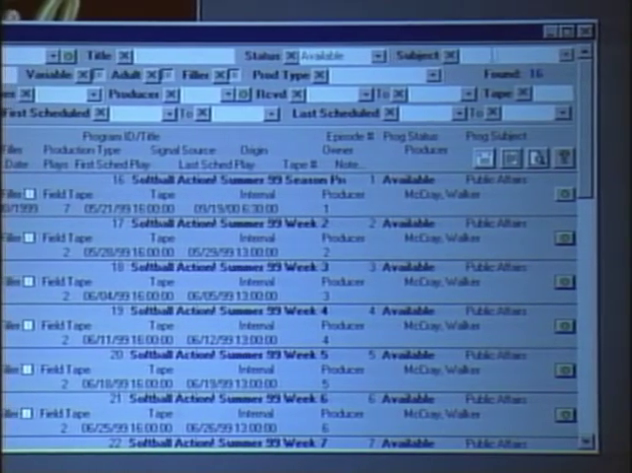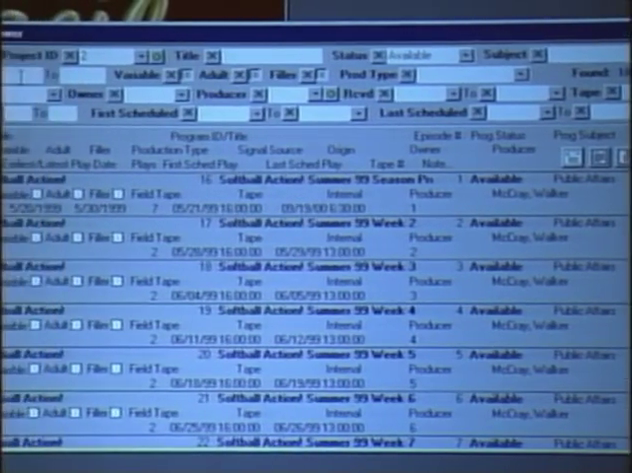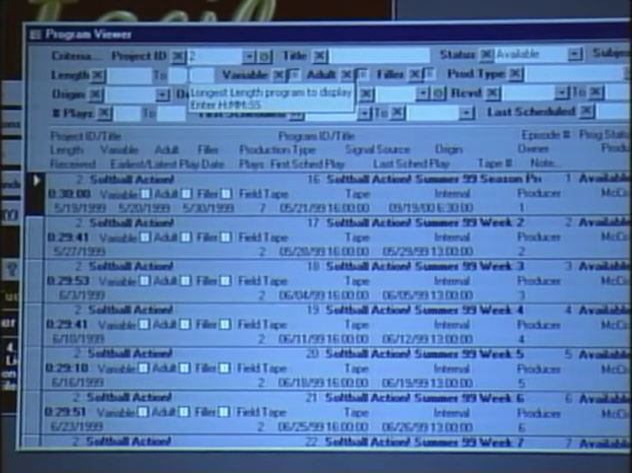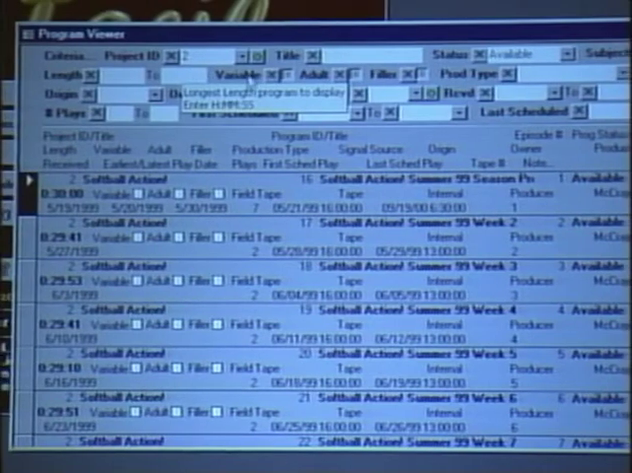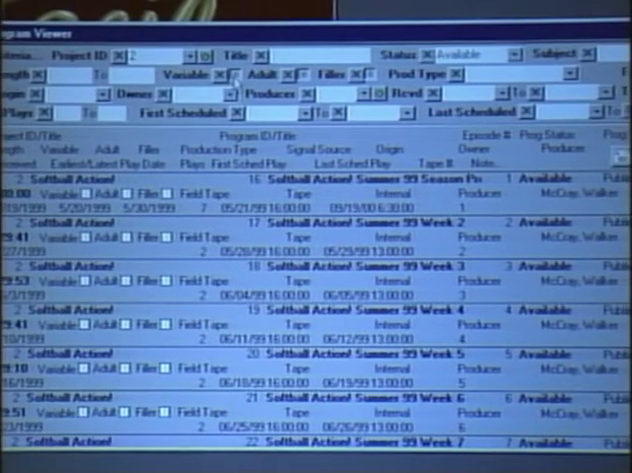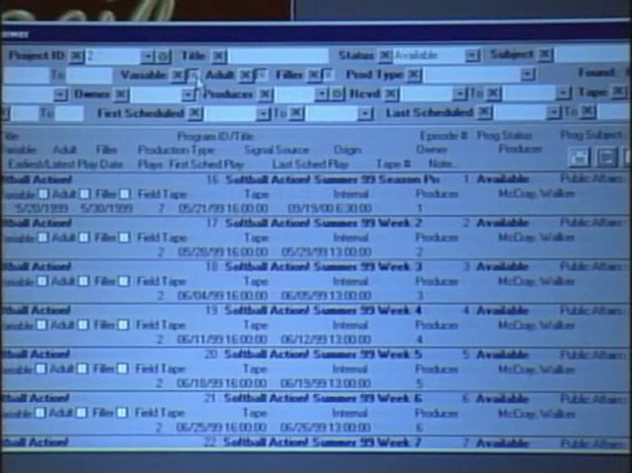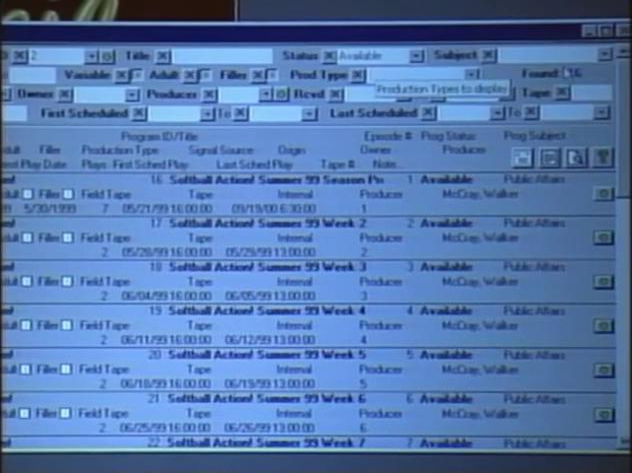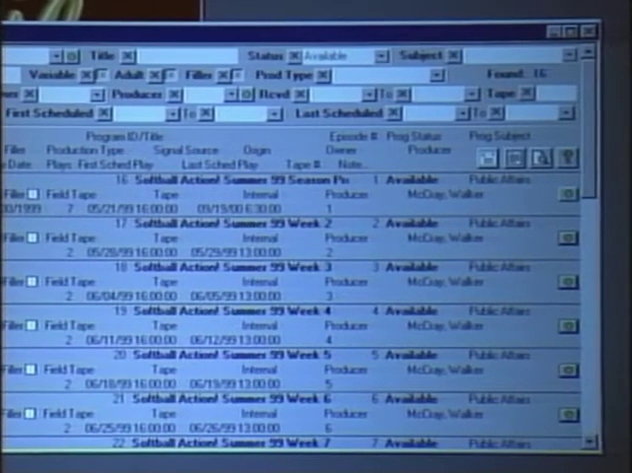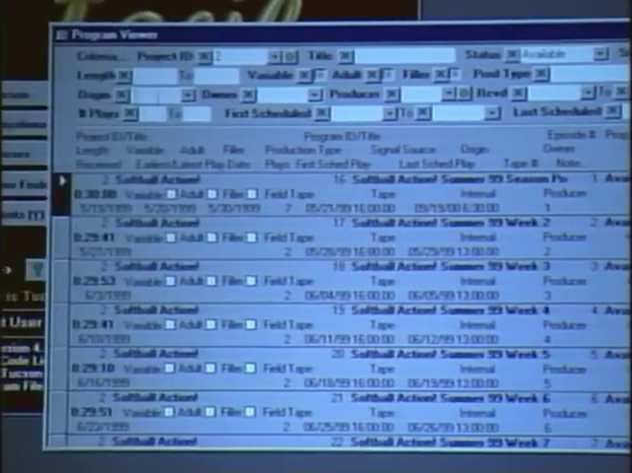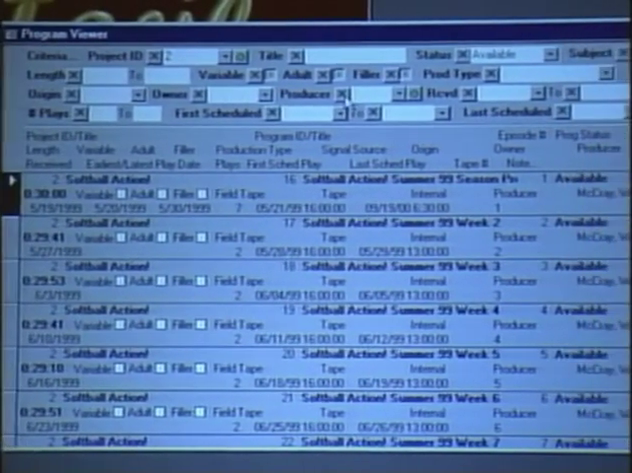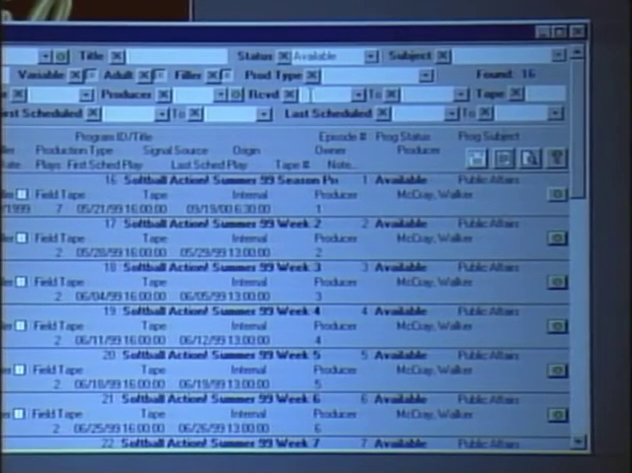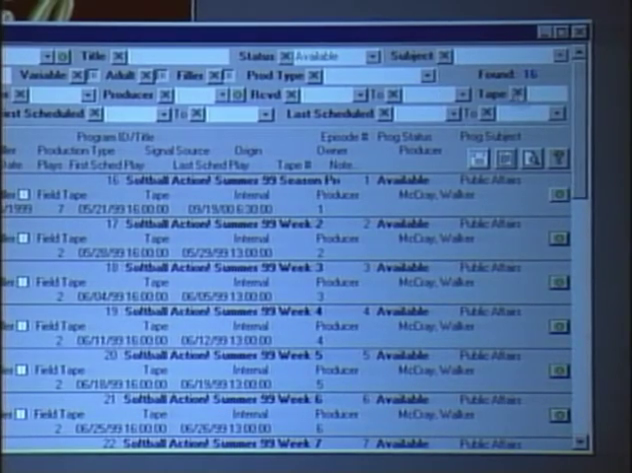So status criteria, subject criteria, again going to the left, program length criteria, so we can find all the programs that are between 2950 and 3000 in length. Our 3 flags, again with the 3 states, gray for no choice, or only yes or only no for variable, adult, and filler. The production type, the number found, as we discussed. On the third line, the origin, owner, producer, a link to the producer's person form, date received, starting and ending criteria for date received,